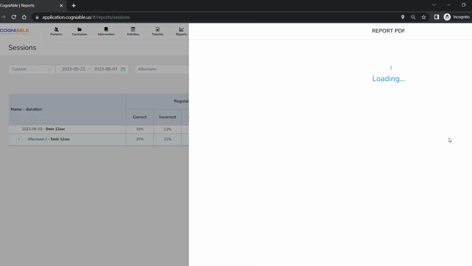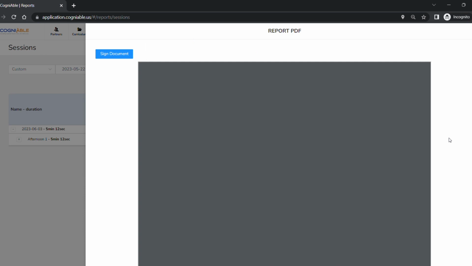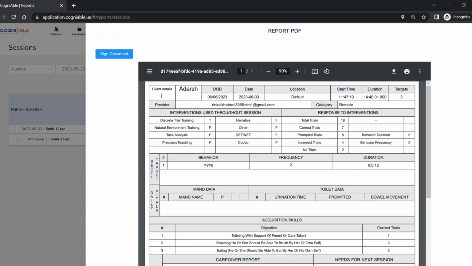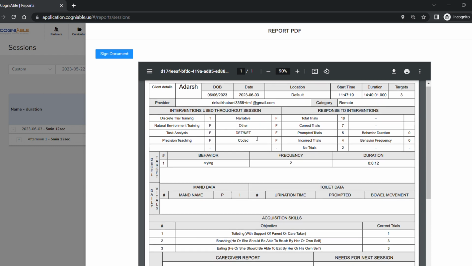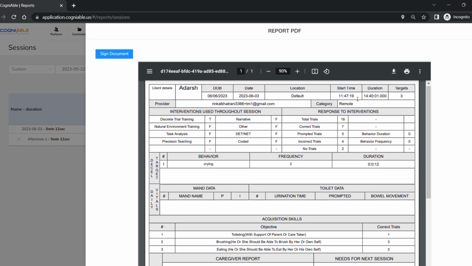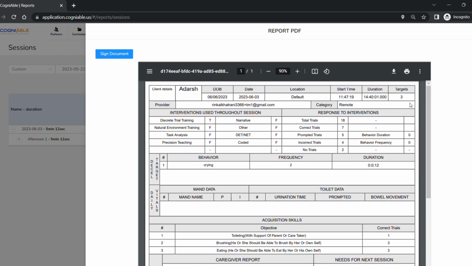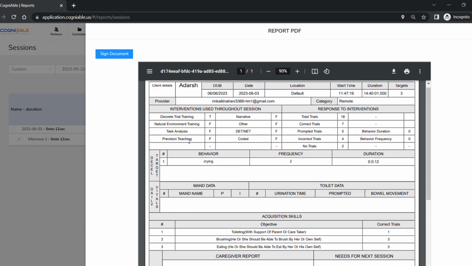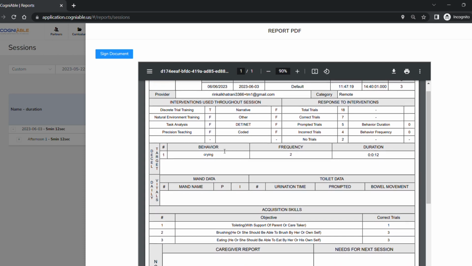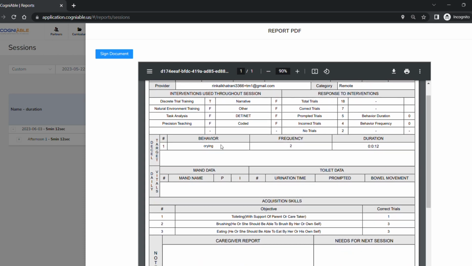Once you click on PDF, the PDF format appears showing which learner, what was the date of birth, which date report, what was the location, how long was the session, what were the targets, how was the performance on each target. All those details appear. As you remember, as you have seen, we have entered the data for